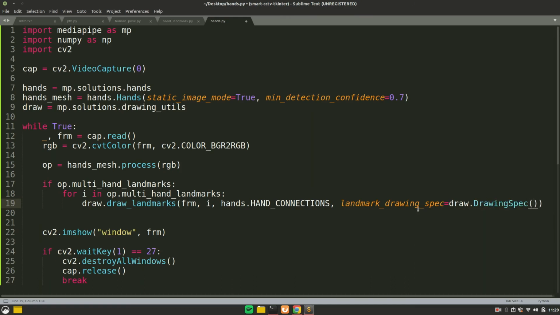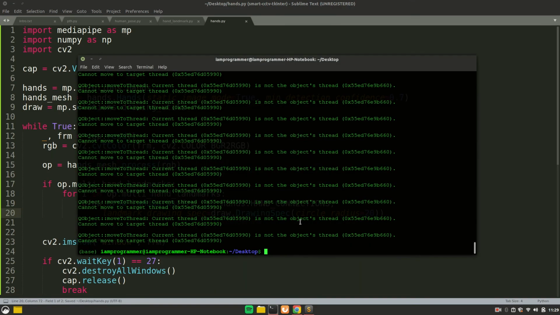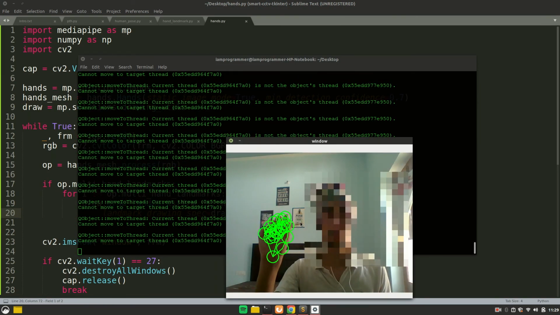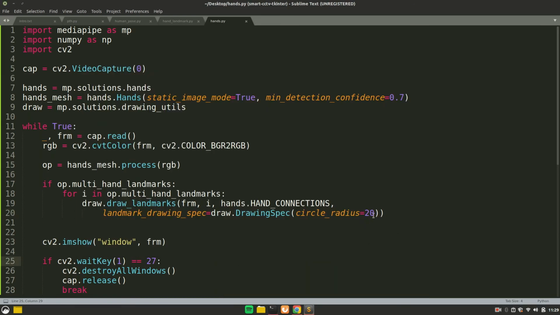Once you call this, again there will be some parameters you can set for it. Some of them are, you can set the color, the thickness, and the circle radius. So let's try changing the circle radius to something obvious, let's say 20, so we can see clearly. So you see that the landmarks are filled with very big circles. Let's change this back to 2.